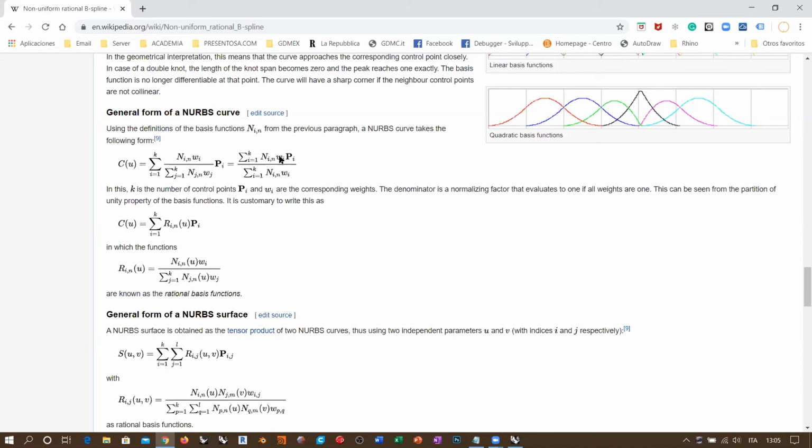So it means that W_i and W_j are basically the same value. So they don't affect the equation, right? So that's why when you increase, for example, from 1 to 2, all the weights of the control points, it's simply 2 by 2, and they simply go away, right? So they don't affect the shape of the curve. That's why the shape of the curve remains untouched when you increase or decrease or change all the weights of the control points. But if you change one weight for one control point, then this will become different,